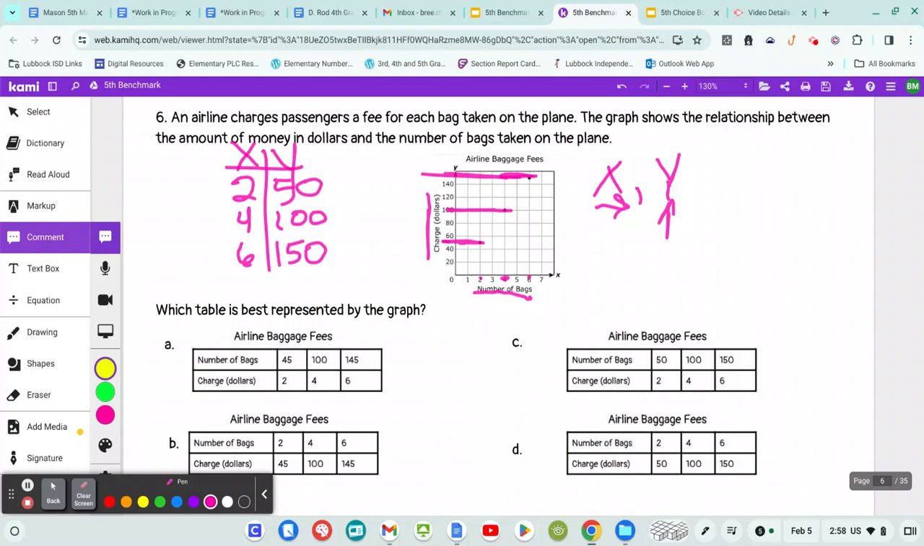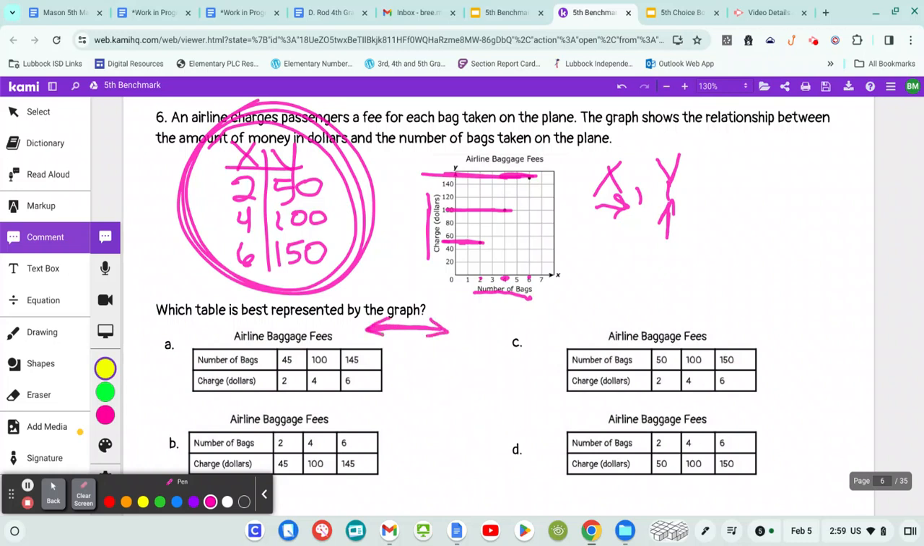Okay, so I'm going to use this information and make sure it matches one of these down here, for my answer choices. Whenever you see your input output table going horizontally, which means this way, not up and down, it's side to side,